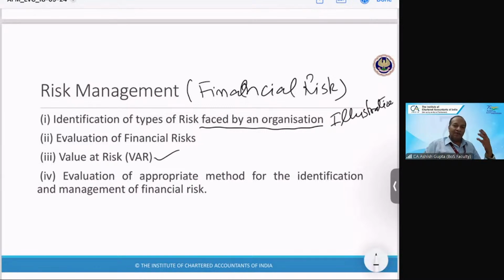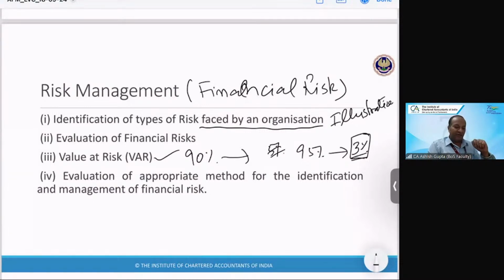We determine it, and accordingly we can take a position in the market, because it is very important to understand that, student, when we take a position in the market, we have to see what our maximum loss will be, what we can bear. So there are confidence levels attached. Like with 90% confidence, my loss will not be more than 5%, or with 95% confidence, my loss will not be more than 3%. So all this is a kind of discussion that is covered here.